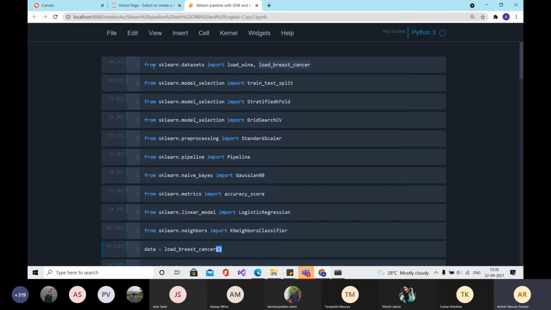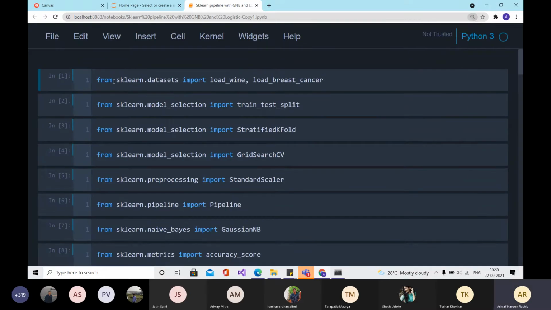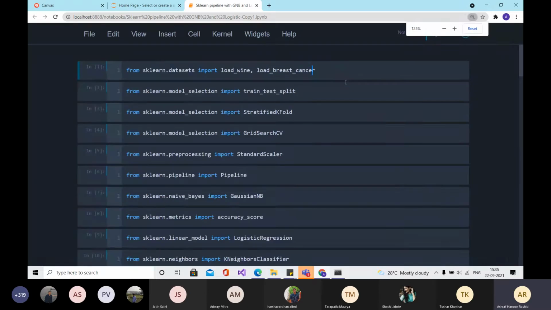If you look at the very first line of the Python notebook that I've shared, or even at the screen, you have a package sklearn.datasets, and from there you need to import the function load_breast_cancer.